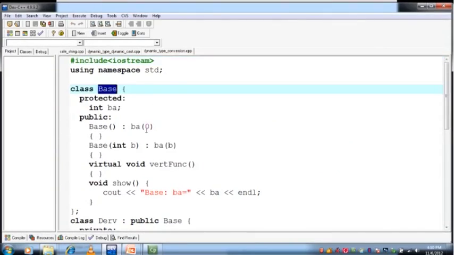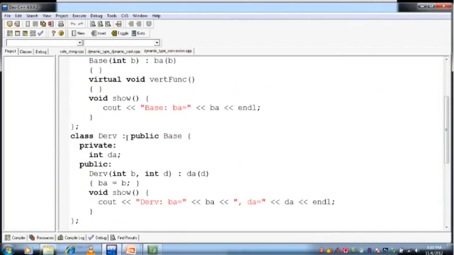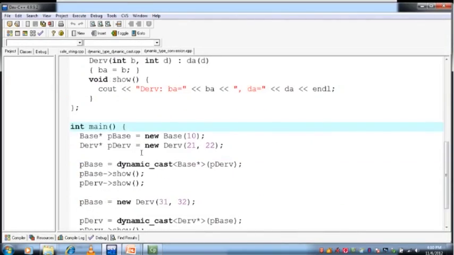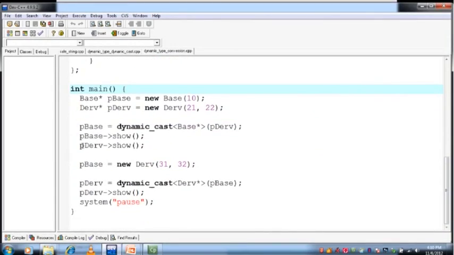So this is the base class, private data member BA है, drive class private data member DA है, right? Okay, show function दोनों का अपना function है and that is not virtual in the base class. So main function में हम आ गए हैं, यहाँ पर हम ये same operation apply कर रहे हैं। So यहाँ पर एक चीज़ देखें,